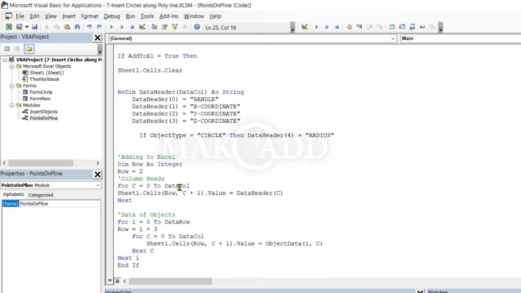Then for C is equal to 0 to data column, Sheet1 dot cells, text.